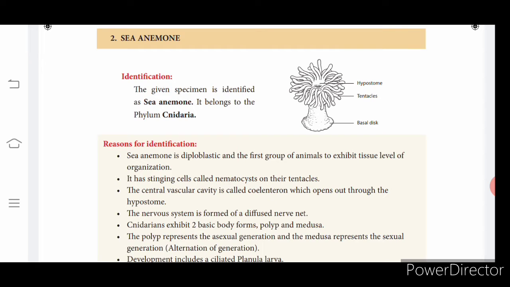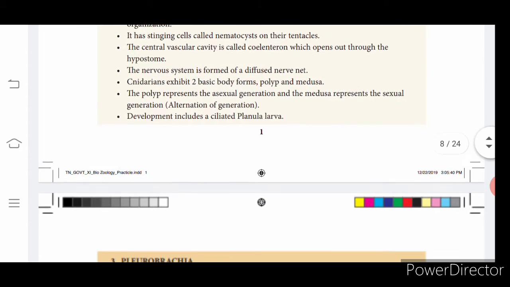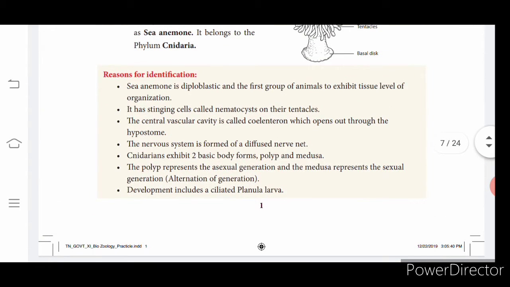Right hand side you can go with your heading, underline, identification, you write it as side heading, underline. Then reasons for identification you write, underline. Then 4 points you can write for reasons for identification. I repeat, 4 points are enough for reasons for identification. If you write all the points, it is not a wrong thing. Follow. So if you write only 4 points also, no problem.